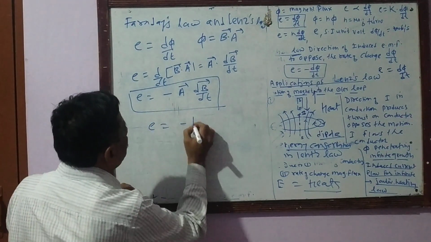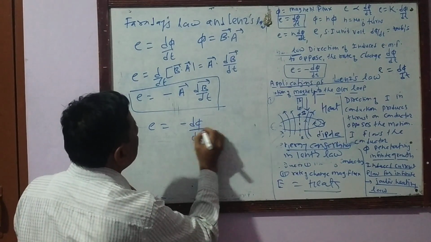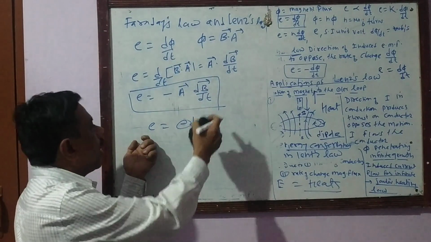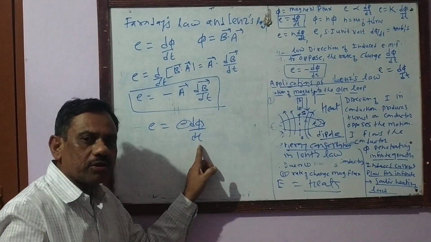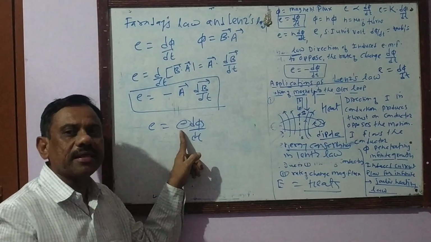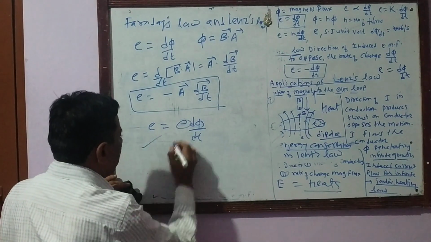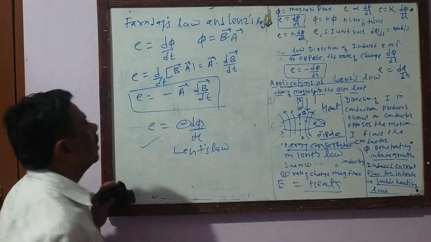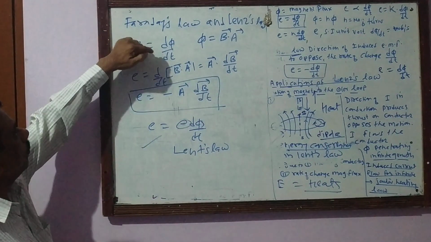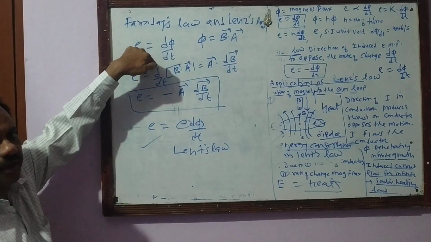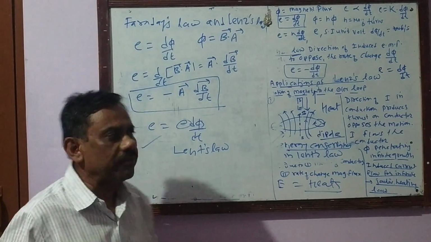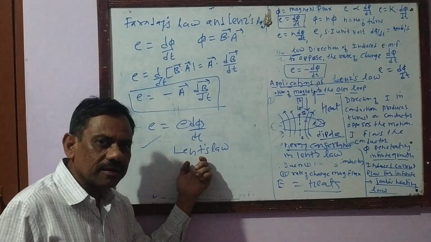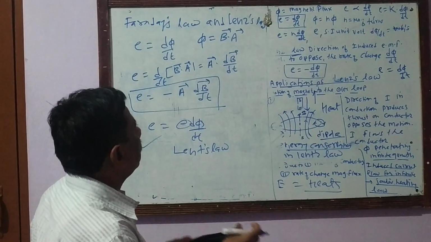And what is Lenz's law? E is equal to minus d phi by dt. By considering this negative sign, the induced EMF produced in the coil opposes the rate of change of magnetic flux, which is given by the negative sign, and that is the mathematical statement of Lenz's law. E is equal to d phi by dt without the proper sign convention is Faraday's law, and the sign convention is given by Lenz, and that is Lenz's law. This is the difference between them.